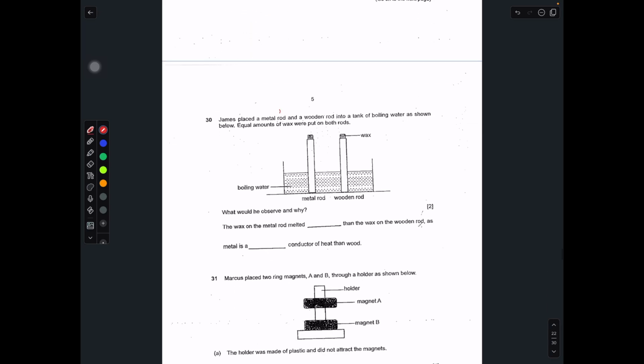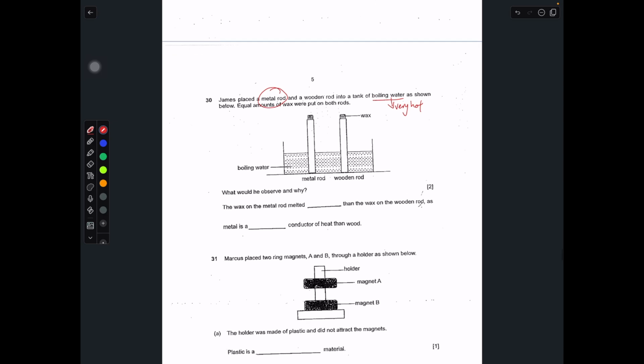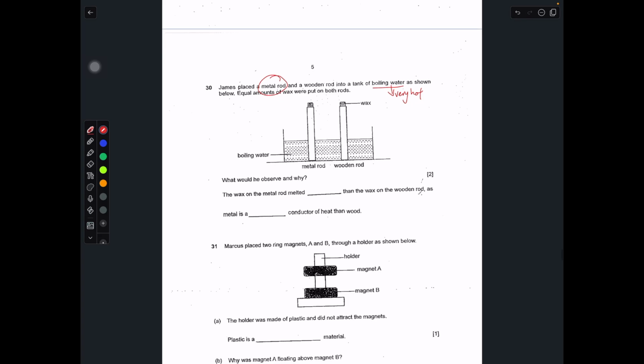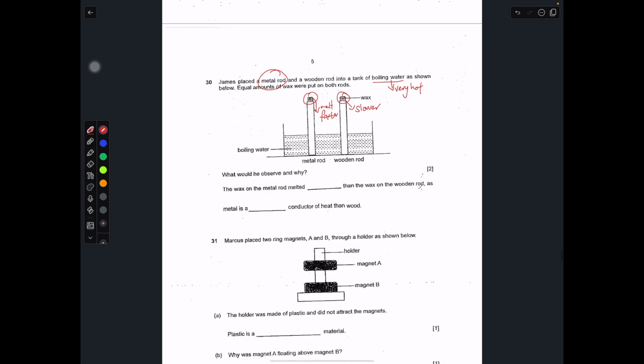James placed a metal rod and a wooden rod into a tank of boiling water. So he's trying to tell you this water is very hot. Equal amount of wax is placed at the top of the rod. So what would he observe and why? He will probably observe that the wax over here will drop or melt faster. This one will also melt, but this one will melt slower. So the wax on the metal rod will melt faster than the wax on the wooden rod, as metal is a better